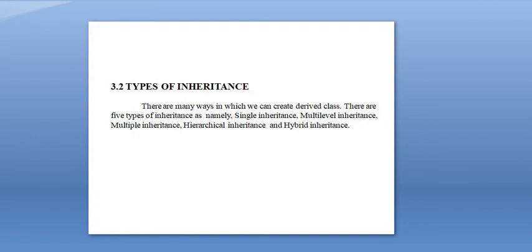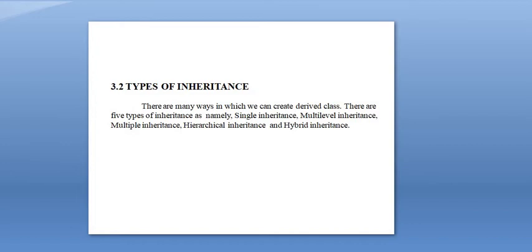So what is the hybrid inheritance? Before that we will revise our inheritance. First one is single inheritance. What is single inheritance? When there is one base class and from that base class we can derive one new class, it is known as single inheritance. In that there is a single base class and a single derived class. This is called single inheritance.